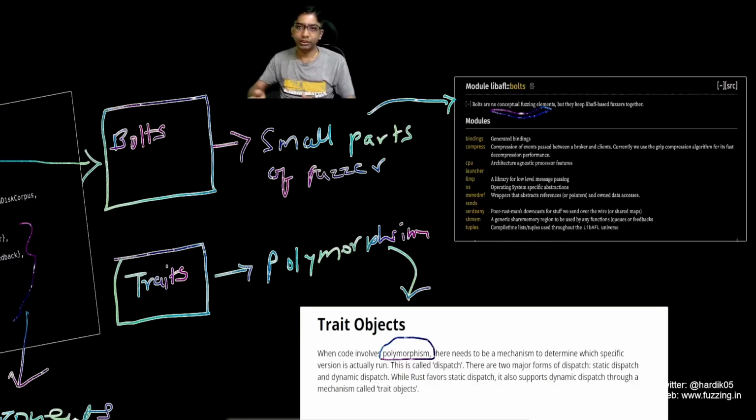So now you can see various components, like some bords over here, and you can also see some tracks over here. If you want to know more about them, I suggest you go to the LibAFL documentation on rustlang.org. You can get more details over here. But in short, you can consider them as small parts of the fuzzer which perform various operations. There are basically a lot of modules, like you can have a CPU module, you can have a launcher, you can have OS.